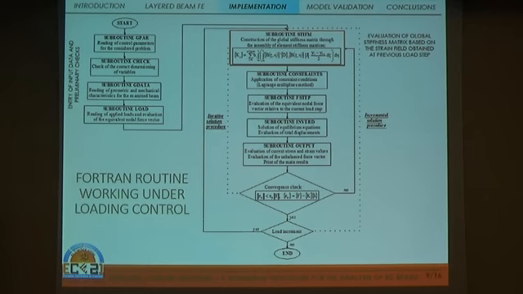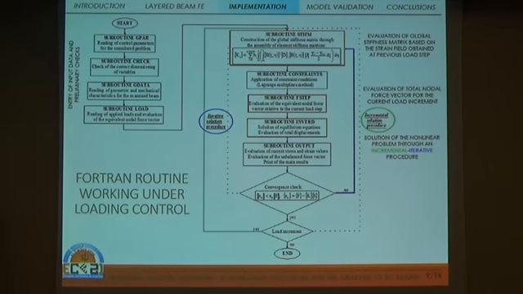Then the program first evaluates the stiffness matrix of the structure, then constraints are applied by means of the Lagrange multiplier method, and the total nodal force vector is updated for the current loading increment. Then the system is solved by means of this iterative incremental procedure. Starting from the displacement, the unbalanced force vector is evaluated and a convergence check is performed. If it is satisfied, another loading increment starts. Otherwise, the procedure is repeated and the stiffness matrix is updated based on the current strain field, until the attainment of convergence.